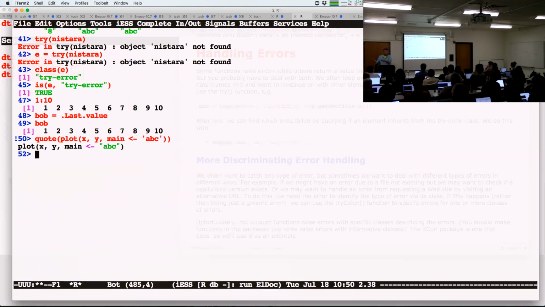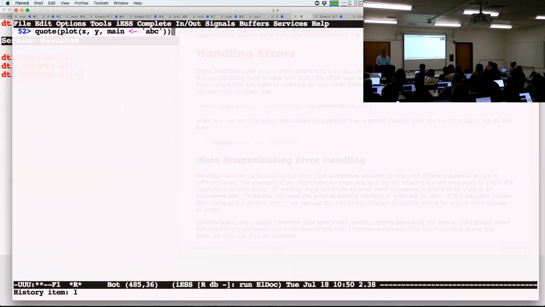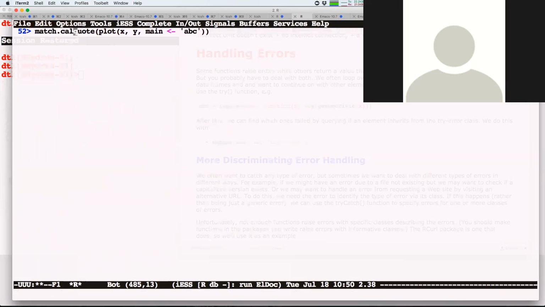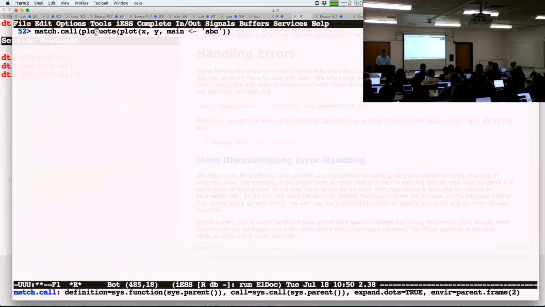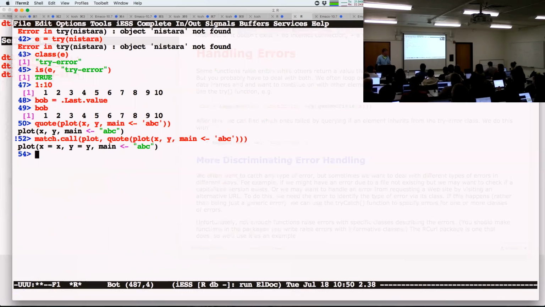It's very similar to parsing this, but I've got it there. Okay, so I have that, and then if I say match.call on plot, which is the function that I wanted to do it against, now I get the right thing. So you got a syntax error somewhere in here, which is different. Now that's before we get to match.call, it can't understand your command. Does that make sense as to what's happening?